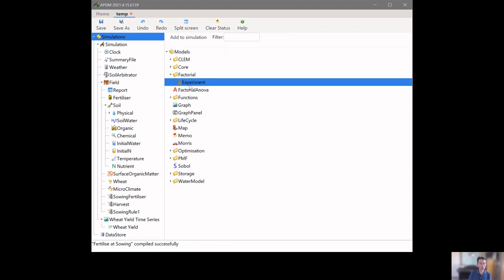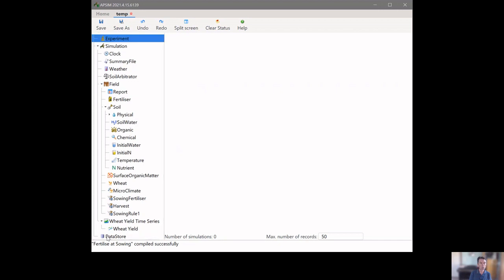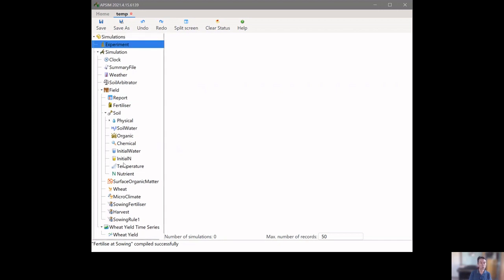So underneath factorial, we have an experiment. So I'm going to double click that, and that adds it to the bottom of your simulation tree. So I'll use Control up arrow to put that up the top. There we go. Now the way the experiments work in NextGen is that they need a base simulation to be